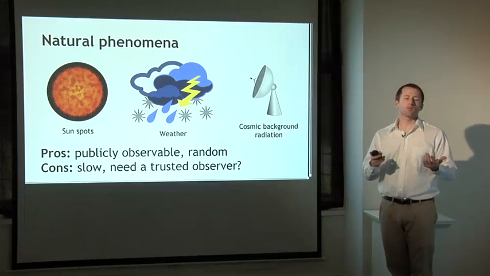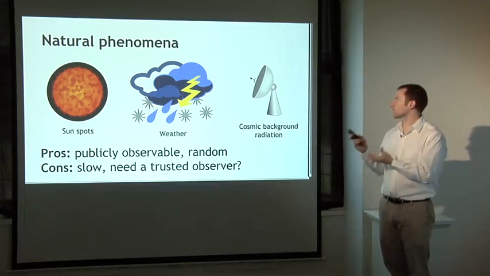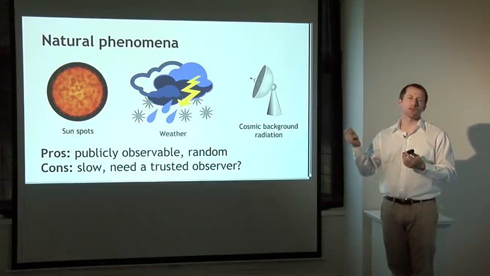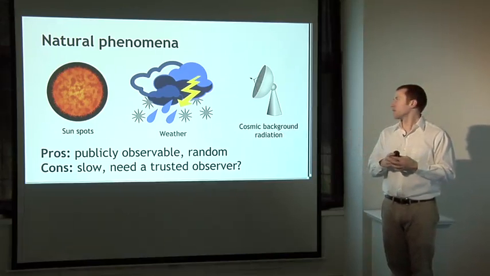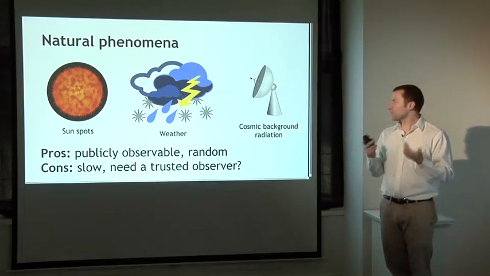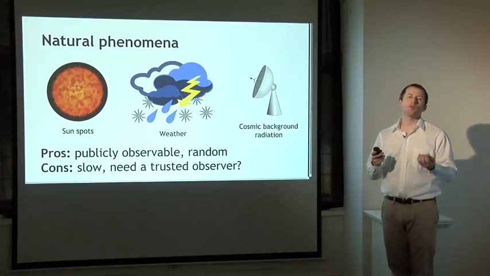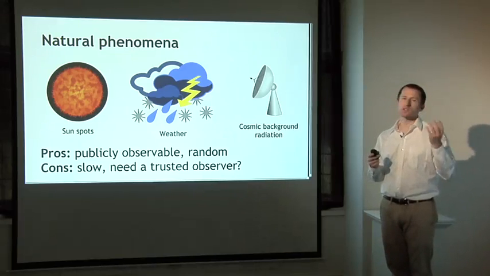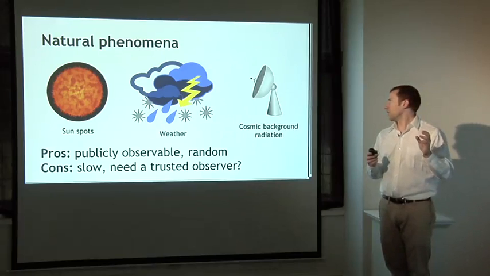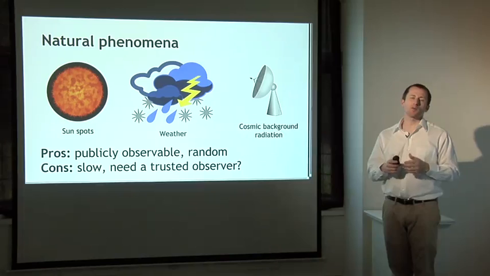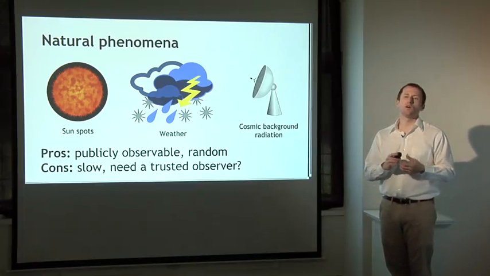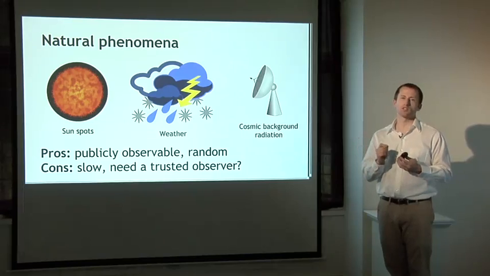So that's great that it's publicly observable, and that in most cases we can accept the randomness here too. We have pretty good beliefs that enough days in advance it's impossible to predict low-level weather phenomena. The problem with these approaches is that they're fairly slow. For example, if your random signal is what the daily high temperature is going to be, you only get to read that once a day. The surface of the sun doesn't change too often. And you essentially reinsert the trusted party problem because you need somebody to observe the event. So let's say that we tried to use as a random signal what the temperature will be tomorrow in Princeton, New Jersey.